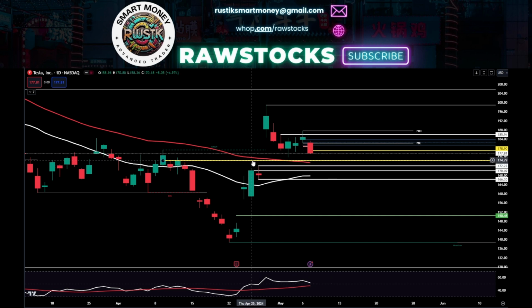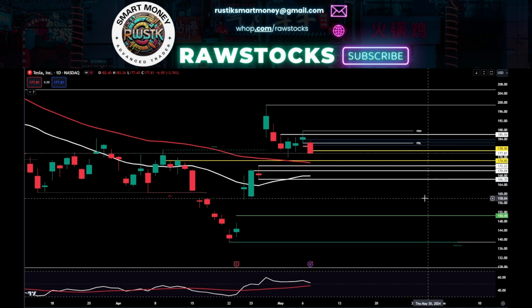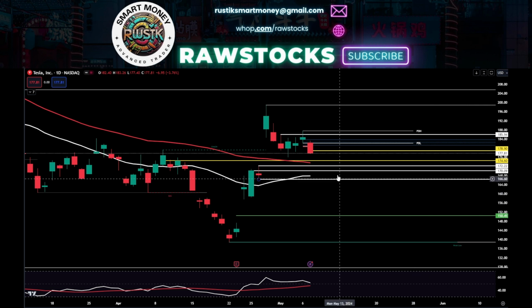Now, it just happens to correspond that the 50 period simple moving average on the daily chart is right around that same level. So even if we push down to it, we could push as low as the candle open here at 172.99 and still leave that breaker block intact, acting as support, which could potentially push price higher. Now, if we take out that breaker block and that level at 174.60, give or take, right around 174.50, again right around where that 50 period moving average is as well,